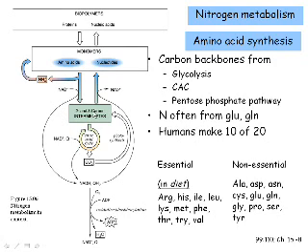The carbon backbones that we are going to use to make amino acids come from several sources. Some of them come from glycolysis. Some of them come from the citric acid cycle. Some come from the pentose phosphate pathway. Those are the 3 commonest sources. The nitrogen that we're going to need for amino acids is frequently from either glutamate or glutamine. And we can still make 10 of the 20 amino acids.